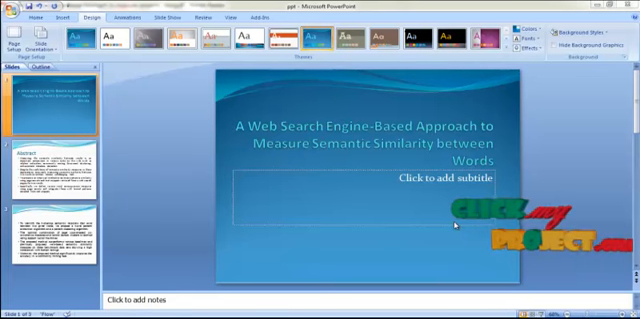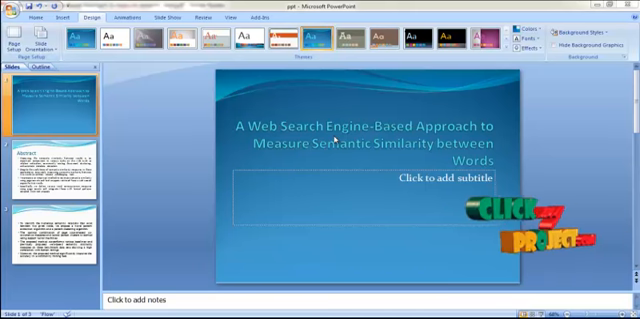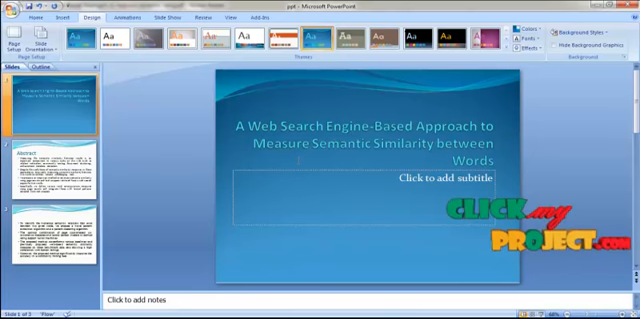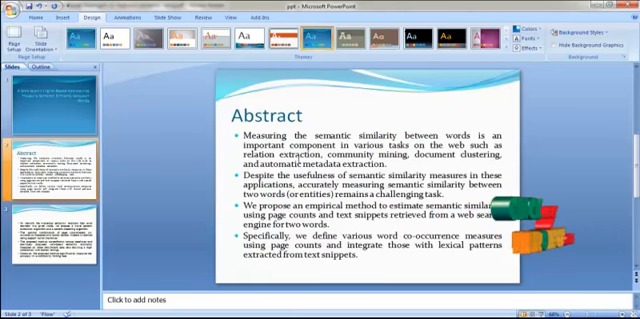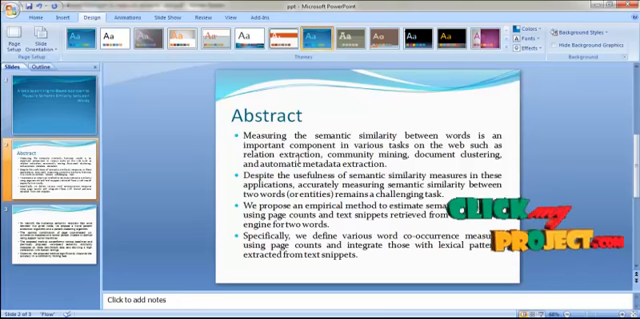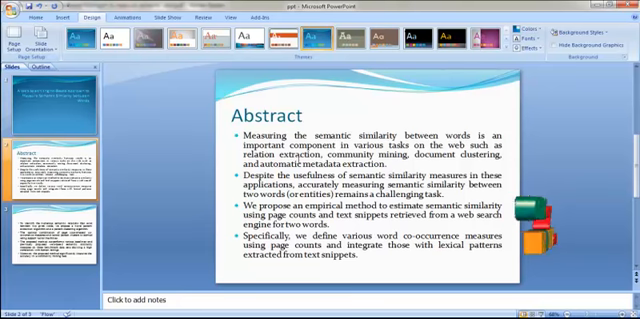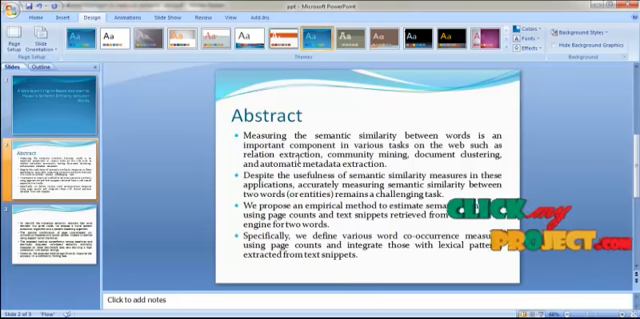Hi, welcome. This video will lead us to the demo of a web search engine based approach to measure semantic similarity between words. Measuring the semantic similarity between words is an important component in various tasks on the web, such as relation extraction, community mining, document clustering, and automatic metadata extraction. Despite the usefulness of semantic similarity measures in these applications, accurately measuring semantic similarity between two words remains a challenging